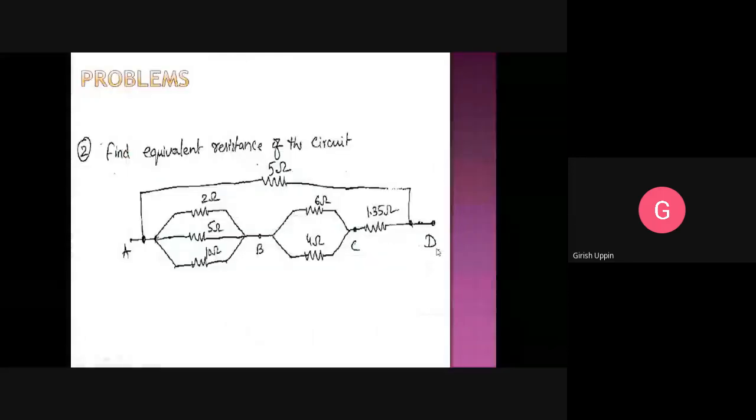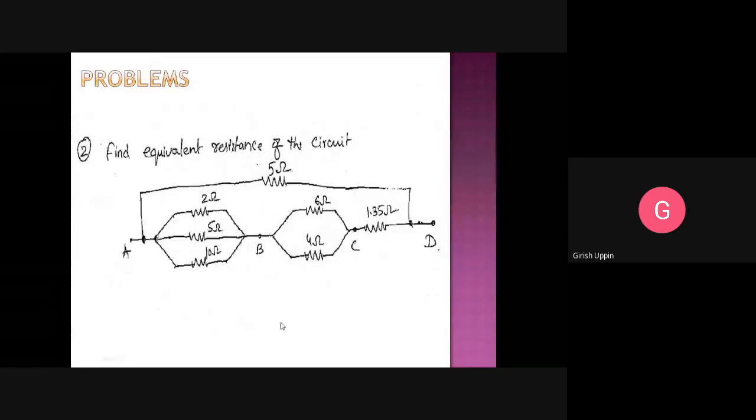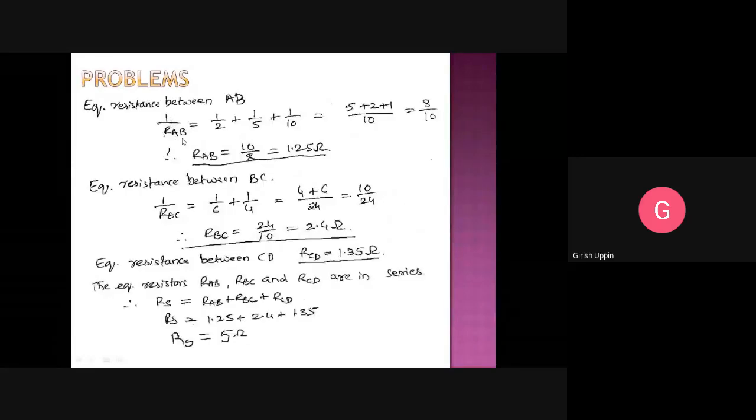Okay. So let us see now how it is solved. We have this. If you want, you can label it as C. I have additional labels B and C. So I am calculating RAB, the resistance between this node and this node. 1 by RAB. You have done the calculation, just watch it, and if you have made mistakes, make the corrections.